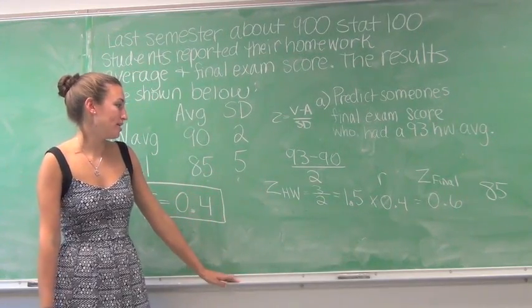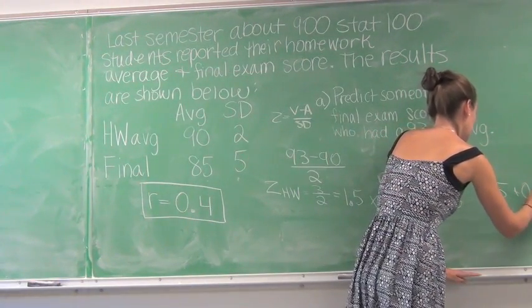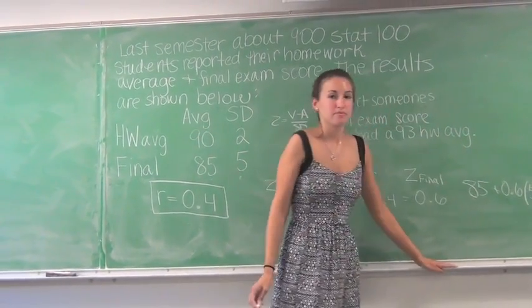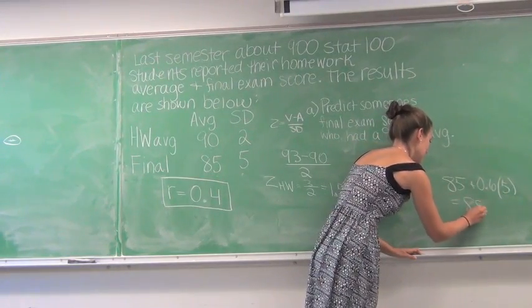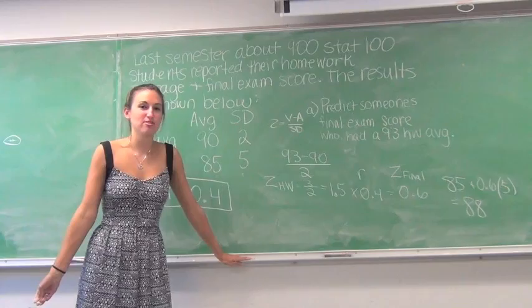So we're going to add 0.6 times 5. And then when we do that, we end up getting 88 as our prediction for someone who had a 93%